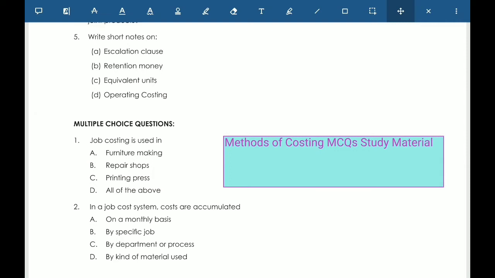Today we discuss multiple choice questions in methods of costing. So this is the CME study material. The first one is